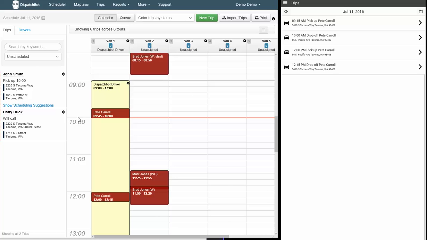His A leg, B leg: Pete is going to be picked up at 9:45, dropped off at 10, then picked up at 12, dropped off at 12:15. On the right here, we have the driver's app, and this is from the driver's point of view on a smartphone right now. So they'll always see all the trips for their day